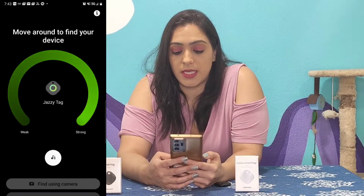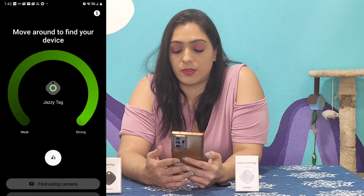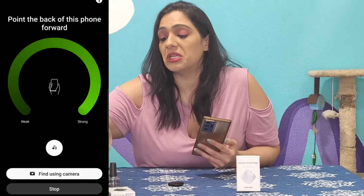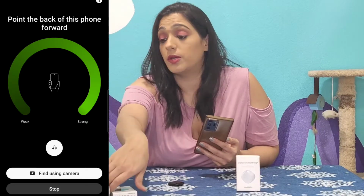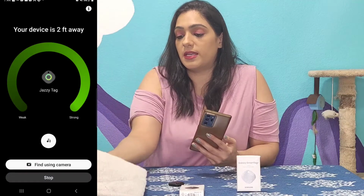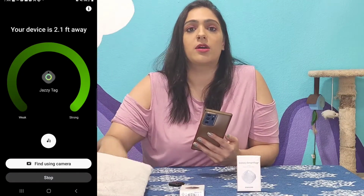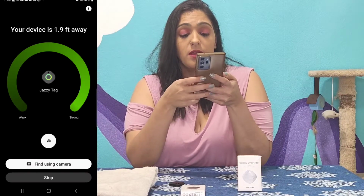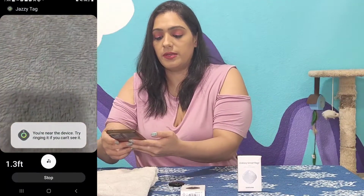So as I mentioned, we're going to use the augmentation to be able to see where the device is. I have a towel right here. I know it's a little dingy looking, but this is Monger's towel. So it's probably his fur that's making it look a little dingier then. Here's the device. I'm setting it underneath the towel. Monger's being antisocial today. Sorry to his fans. So we're going to find it using the camera, and the closer I get to it,